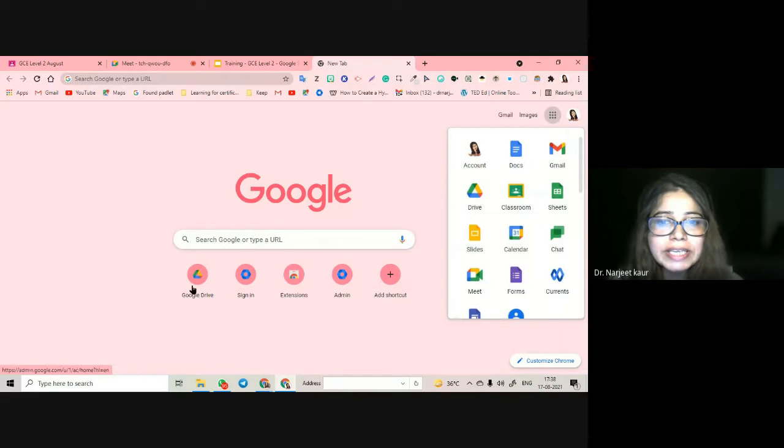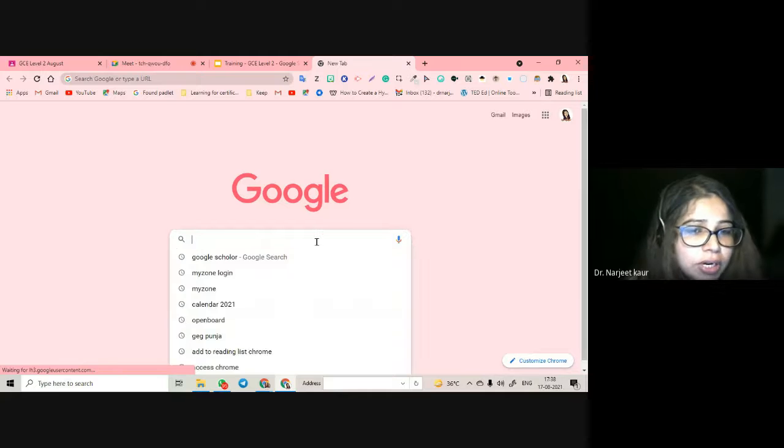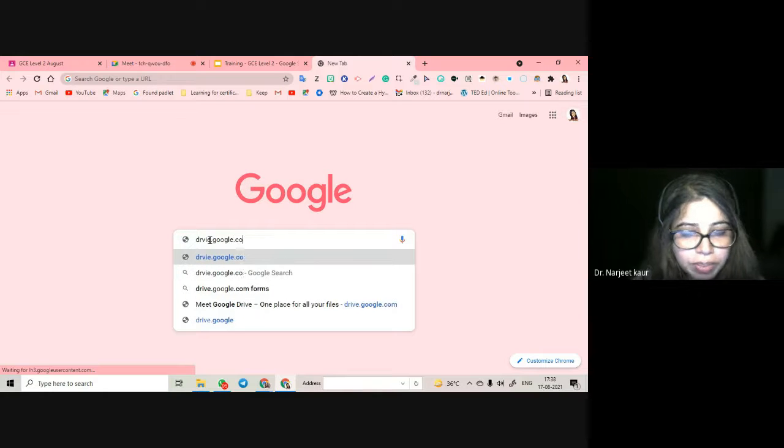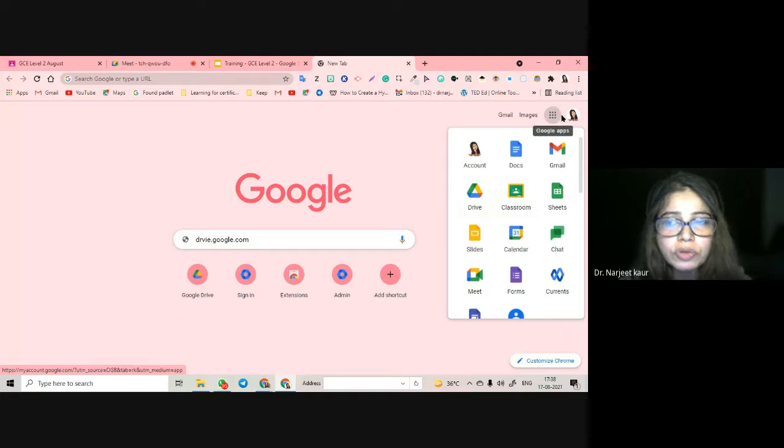It's an app launcher. Even this is an app launcher. This is also called an app launcher. When we write here, for example, drive.google.com, even this is an app launcher, and these 9 dots, this place is also known as app launcher. You can enter your drive through this icon of drive from inside the app launcher.